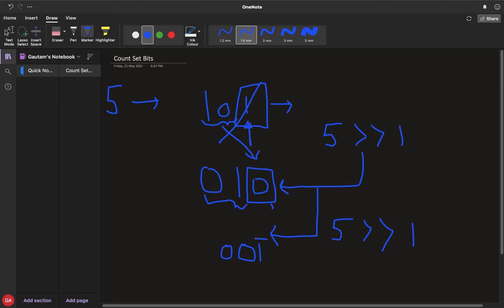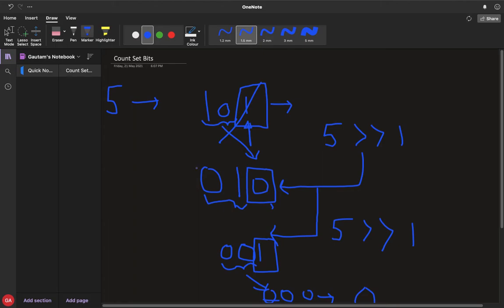Now we check again the first bit of this number, it's 1, so we'll increment the count, and after we increment the count, we'll right shift it again. After right shifting, these two bits will come in this place, 0 and 0, and the most significant bit will be a 0. So now the resulting number has reached 0. So we'll stop the loop here.